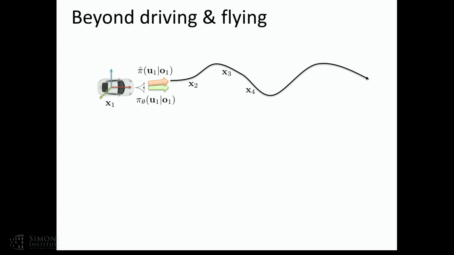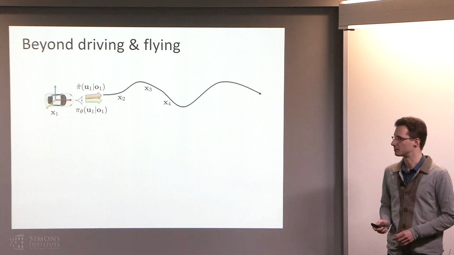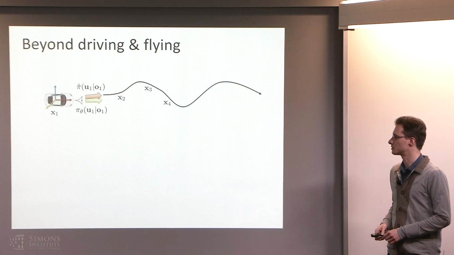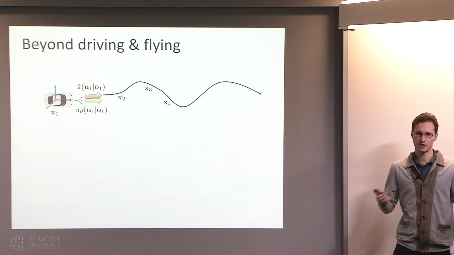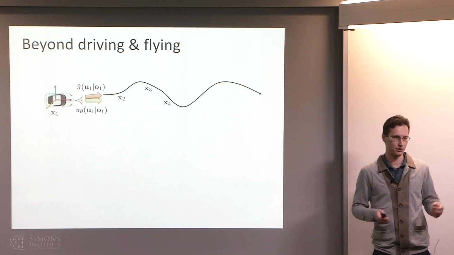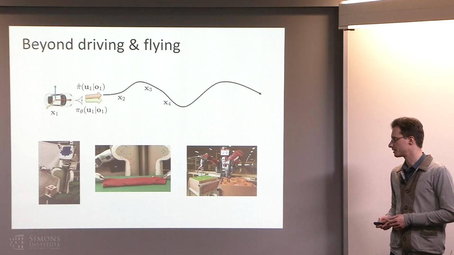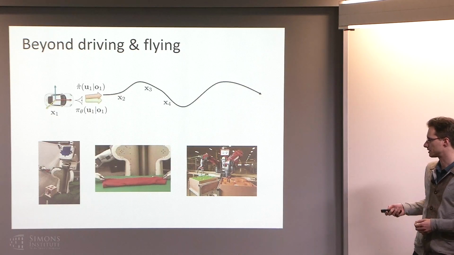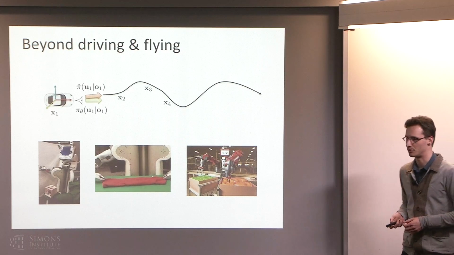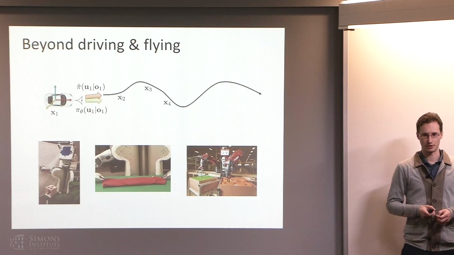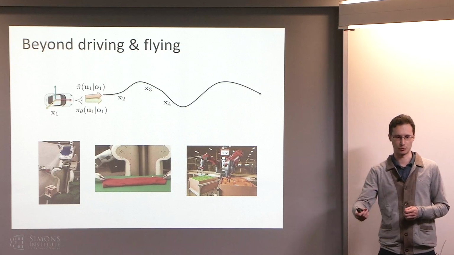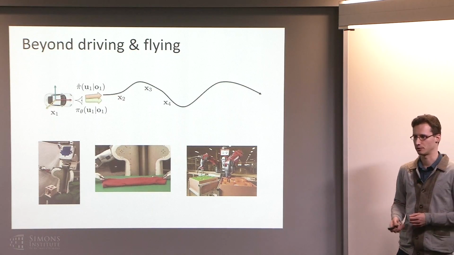So let's now talk a little bit about situations where we might not know the dynamics of the system. If you're doing something like driving a car or flying a quadrotor, it's reasonable maybe to assume that you have a decent model of physics and you can predict how your system will evolve. But if you're doing a complex robotic manipulation task, like let's say you have a robot that wants to fold a towel or pack some tight-fitting items into a box, then getting a very accurate prediction of how these objects will react to forces and so on is actually very difficult.